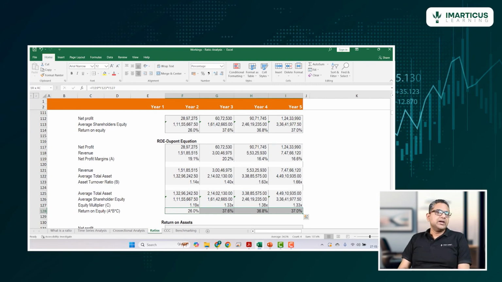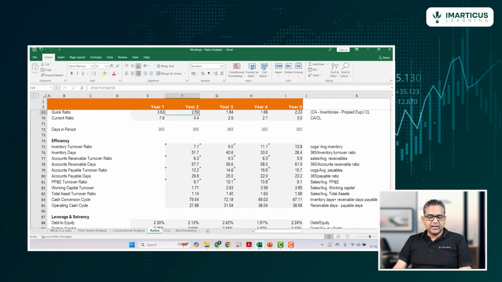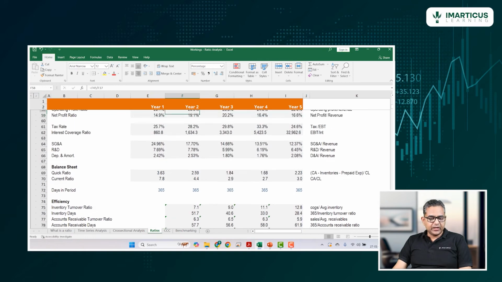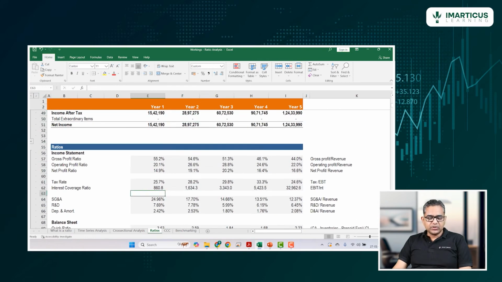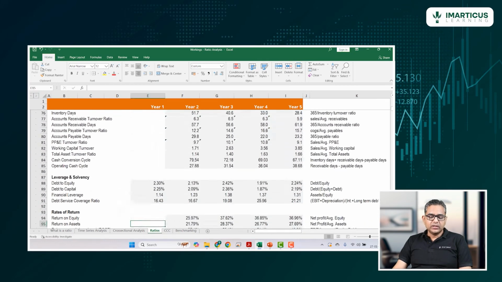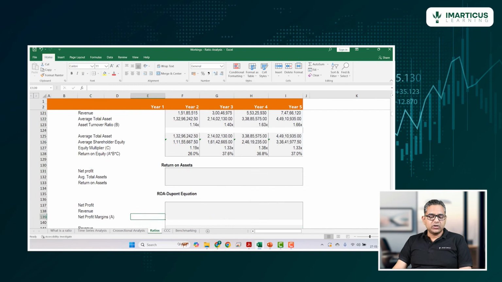But for this company, we have seen that debt is well within limits, with a very high DSCR, with a very high interest coverage ratio. So the level of debt is not at all a problem. So even if financial leverage or equity multiplier is going up, still we are